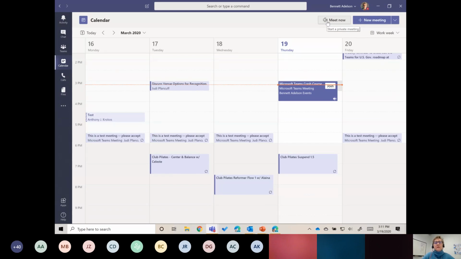I find myself using it a lot because I do a lot of training and documentation, and I want to remind myself exactly how things work in Teams, what the buttons are called, and so forth. And it's a great way to go in and just do a practice session if you're getting ready to lead a big meeting. So that's that.